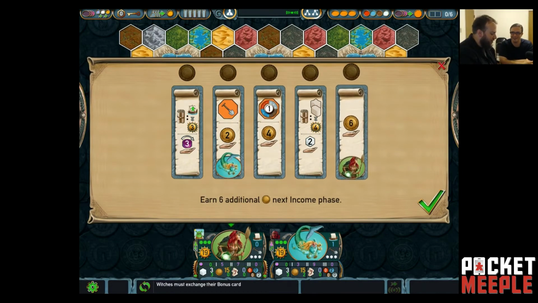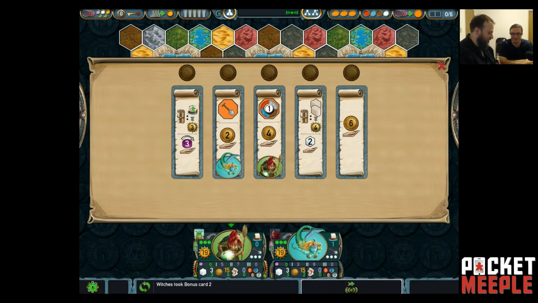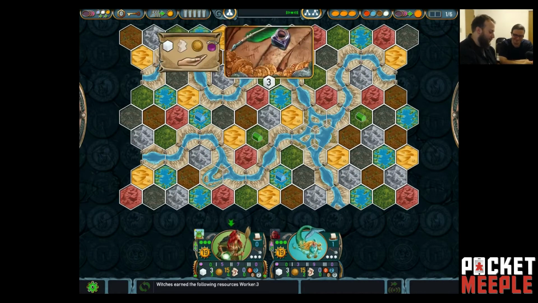So I'm actually going to go ahead and take this one here, because I'll show you why in a minute. I'm going to gain 4, and also unlock this cult action that I can do. That seems good. It's never bad to have a cult. Pretty much. So, starting a new round, this is the scoring tile for the round that we are on, and I will... Oh, so now it's going to dole out...